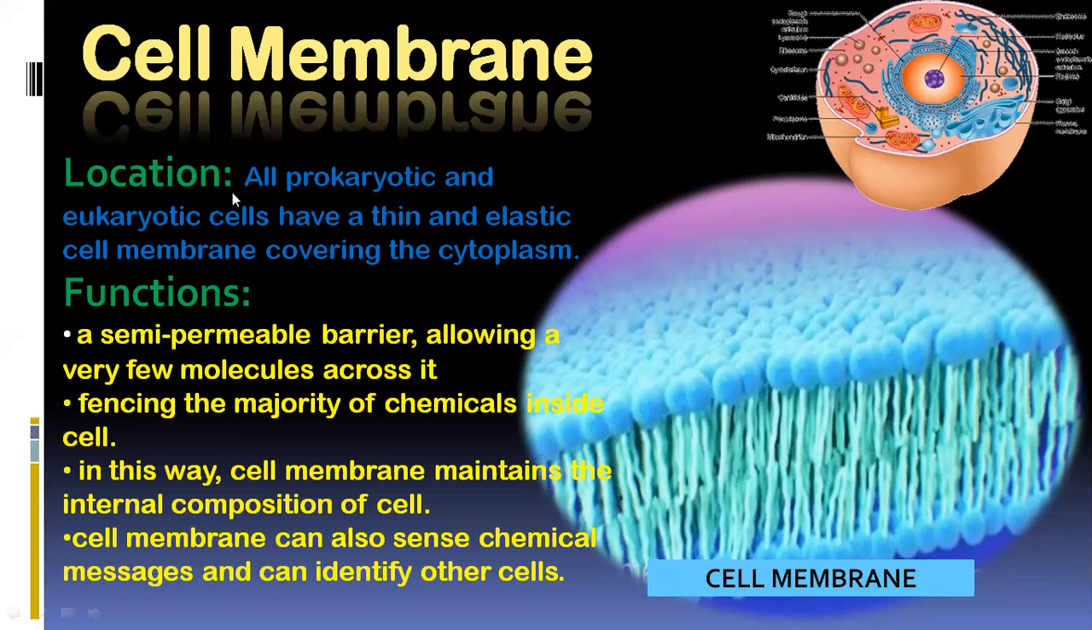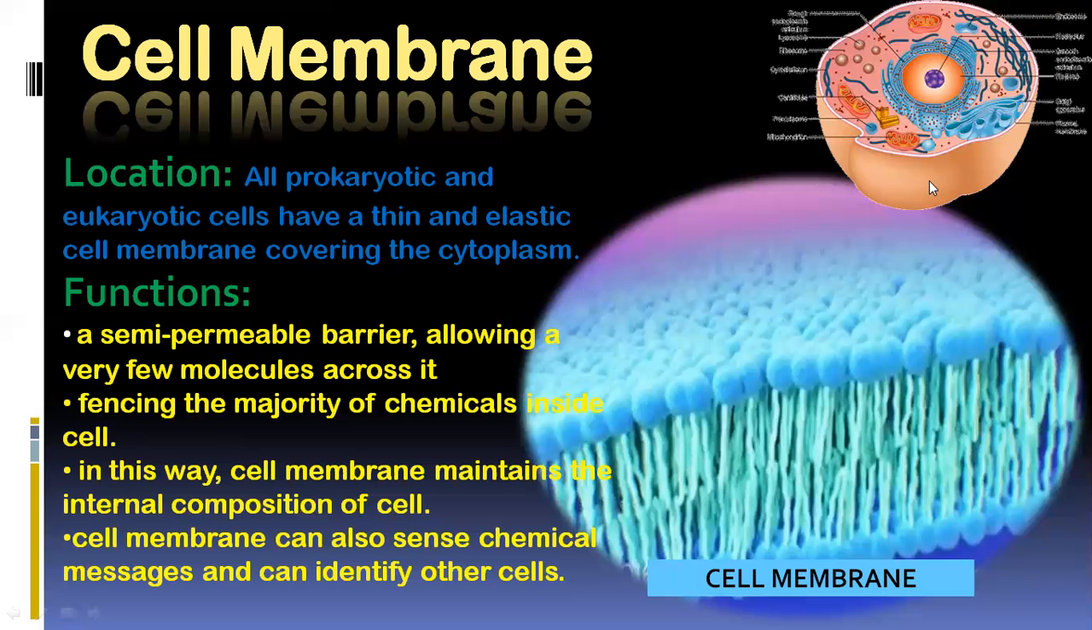So where is it located? In all prokaryotes and eukaryotes, there is a thin elastic cell membrane which covers the cytoplasm. You can see this is a plant cell. This outer covering is, like, the cross section or cut section of an animal cell. So it is covered outside by the cell membrane, like a membrane,